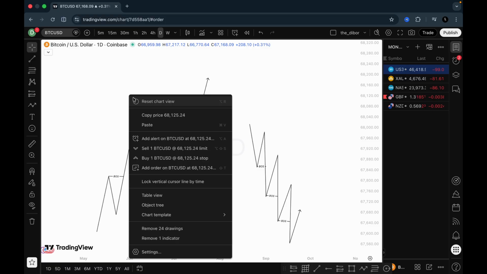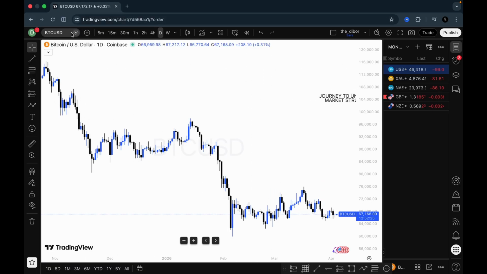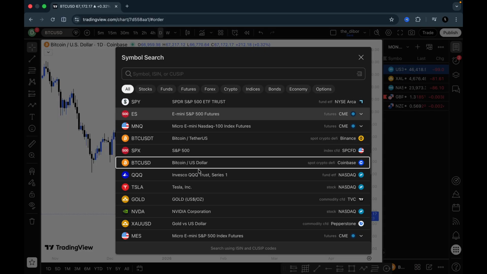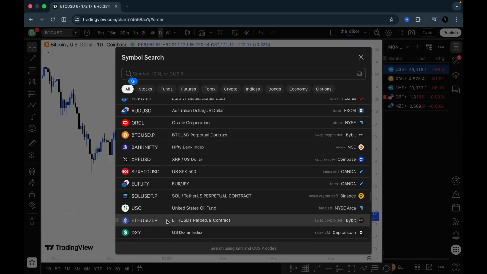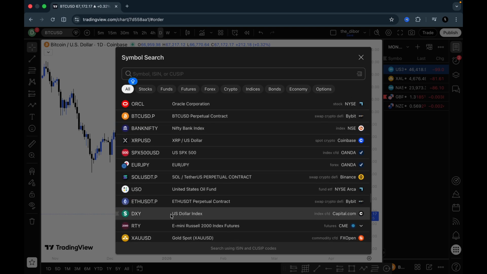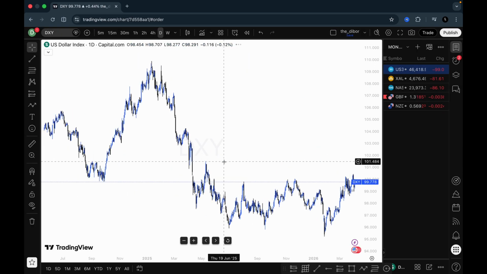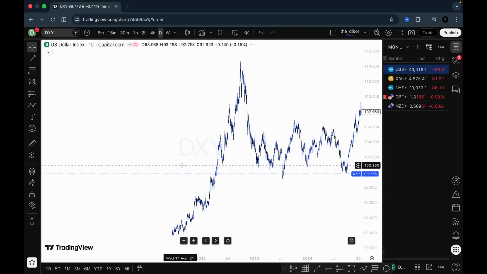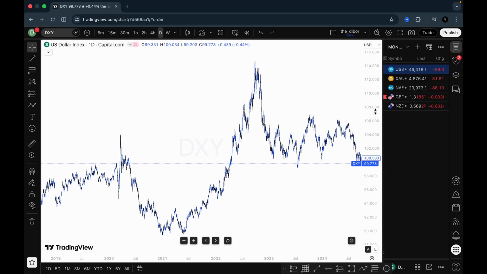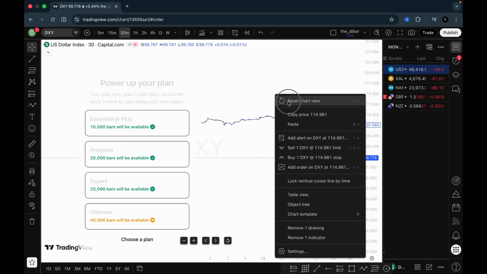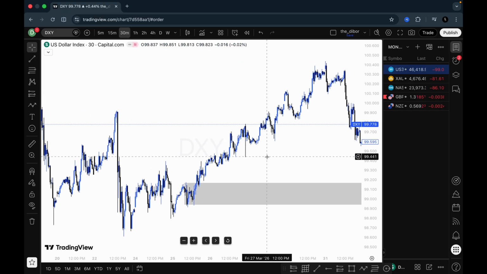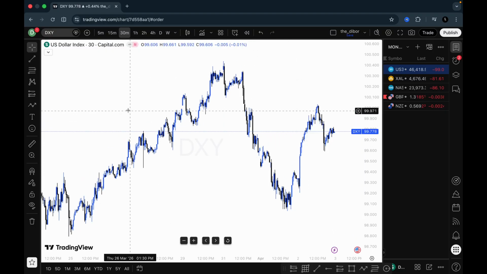So let me go straight to the chart. Let me use a random chart to explain this better. I don't trade them. Let me use DXY. Okay, so for DXY now, this is the daily time frame, right? So let me come to a smaller time frame. Okay, so